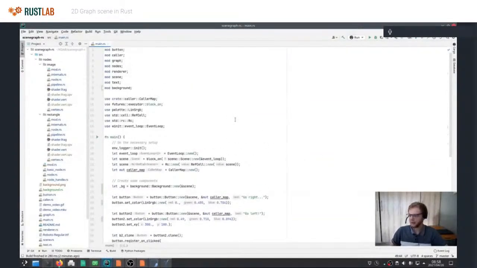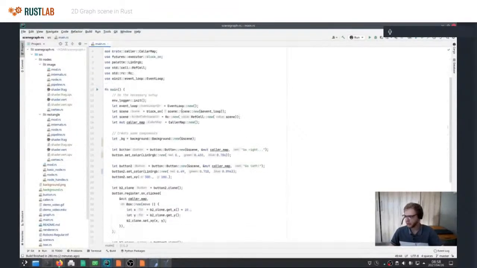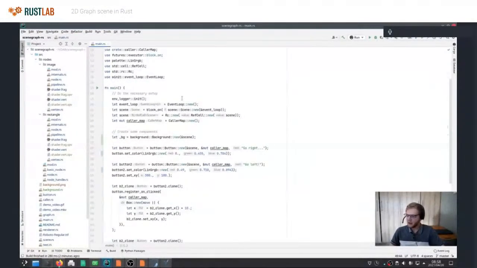So this is basically the main file for my demo application. The first part of it is really just boilerplate. I'm setting up the event loop, and then I'm setting up the scene graph with the event loop.